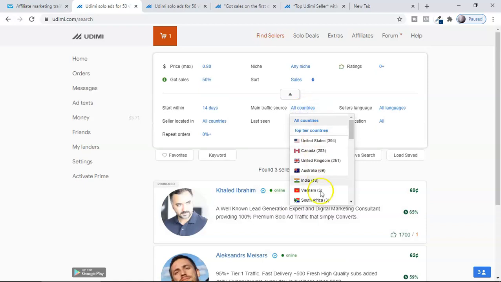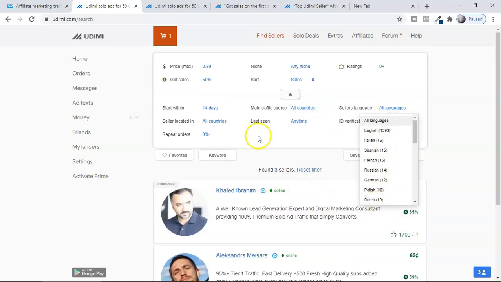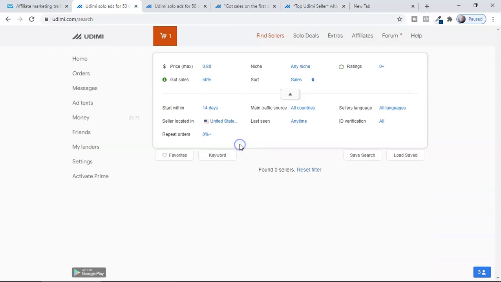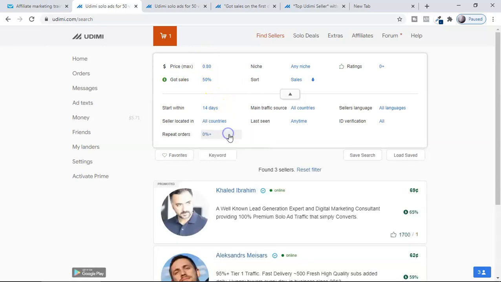You can select all the countries, you can select the languages you want, and the country you want the seller from. Almost 57 sellers are from India, 67 from Australia, Malaysia, Canada, United States. They are all selling their list. If you only want sellers from the United States, you can select here and you will see all the people like this. Right now there is no one according to the setup I set up, so I'm going to go by all countries. That's fine, because wherever they are, they're going to bring the best sales for you. This is the way you can select these sellers from here.